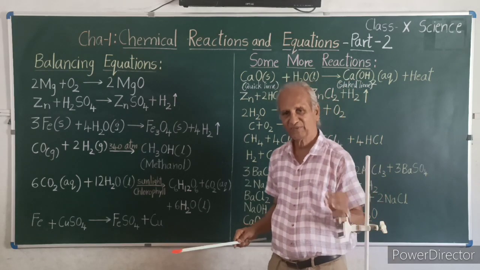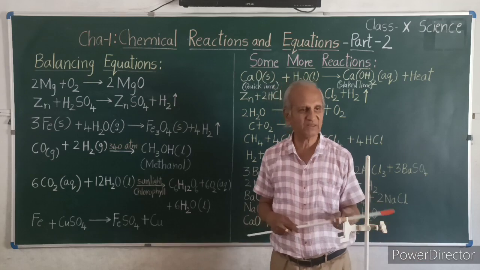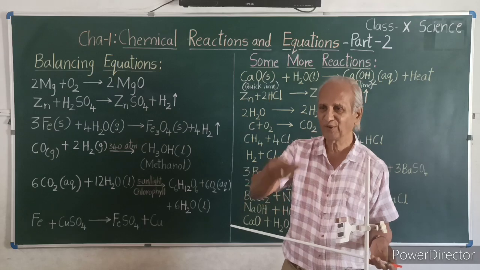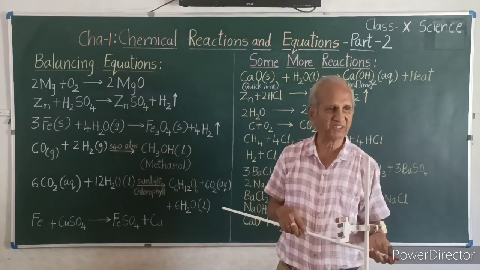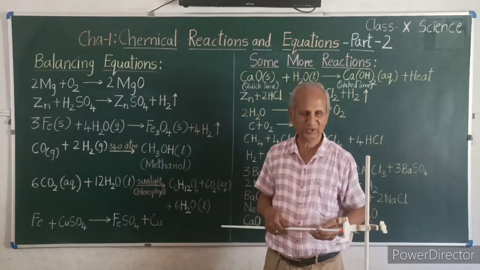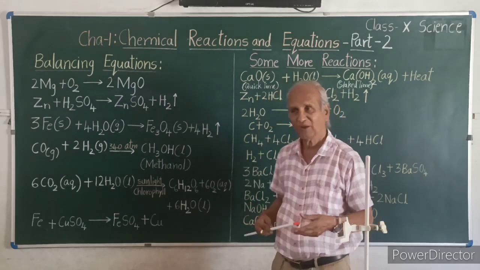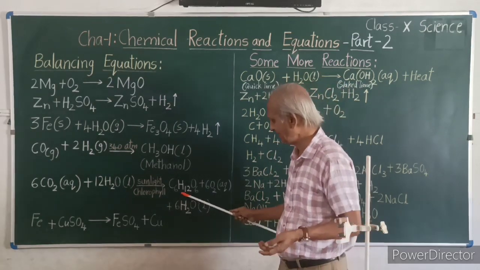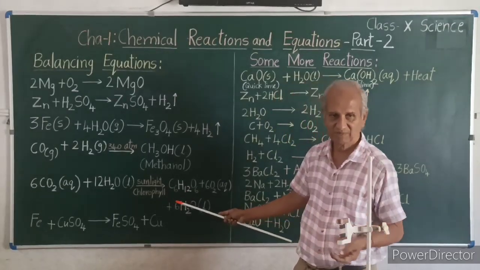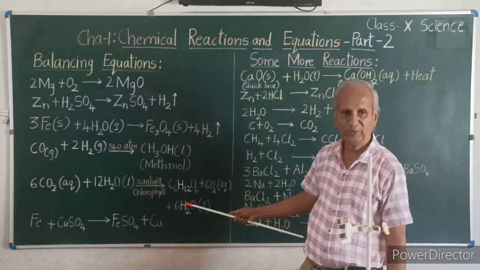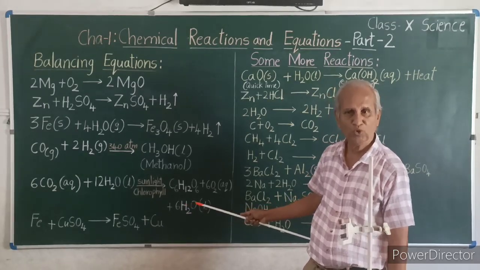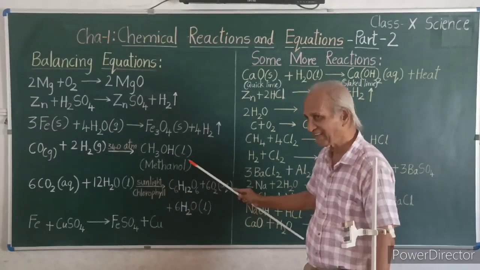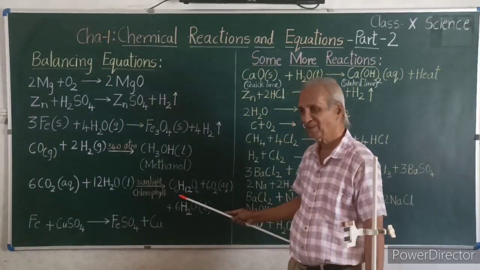Glucose comes in packets. If somebody is not keeping well or is too weak because of the high temperature he is running, you give him a spoonful of glucose with a glass of water to drink. He will be able to recover to a certain extent. So that's glucose. Glucose is prepared by plants in the chlorophyll pigment. This is the key aspect in this reaction. C6, 6 carbon atoms, H12, 12 hydrogen atoms, O6, 6 oxygen atoms. Together you call it as 1 molecule of glucose